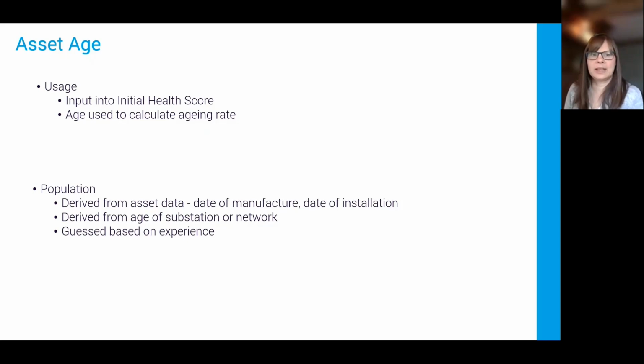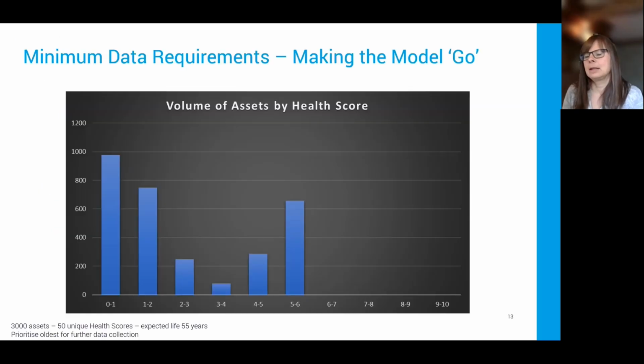So that's how we would suggest you populate the asset age. And then just by populating the asset age, so I've borrowed this slide from the last data presentation, what you'll end up with is essentially an age-based profile, and it'll look something like this. We have 3,000 assets in our population, and if you take the health scores and categorize them into 0 to 1, 1 to 2, etc., then this is the sort of shape that you will get